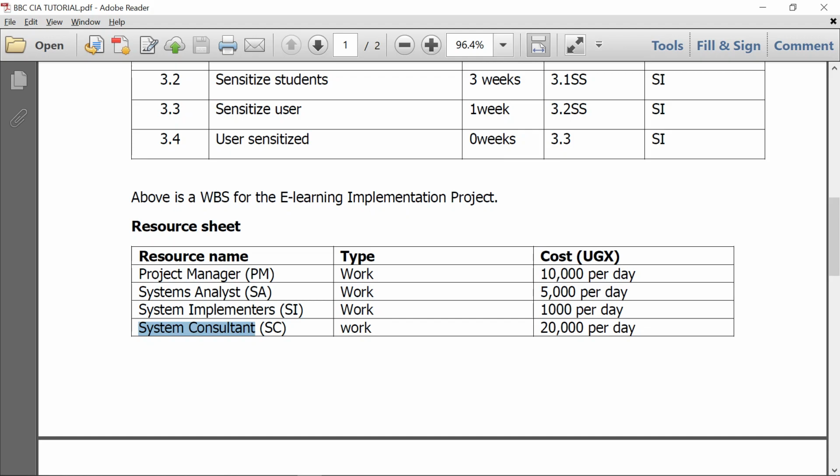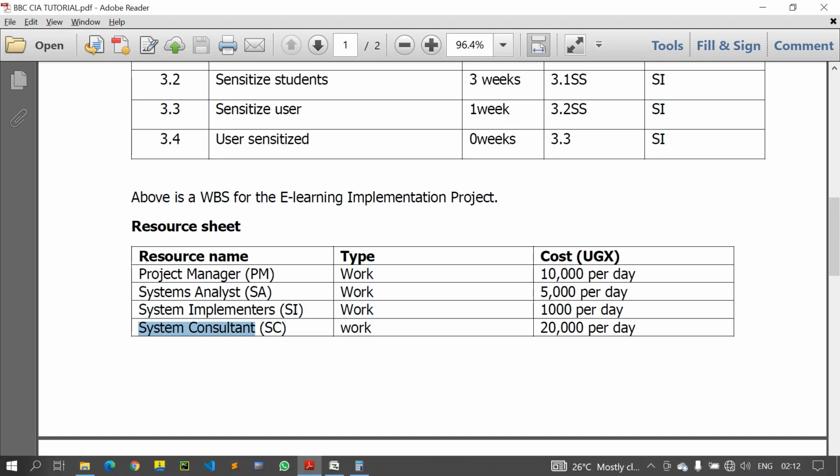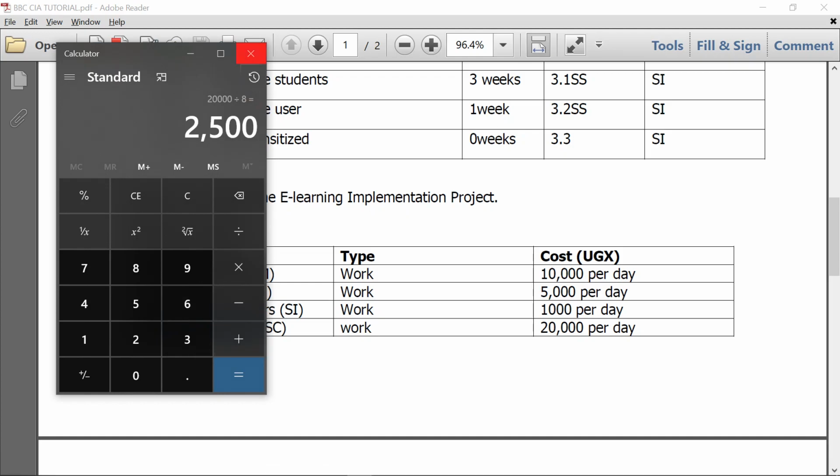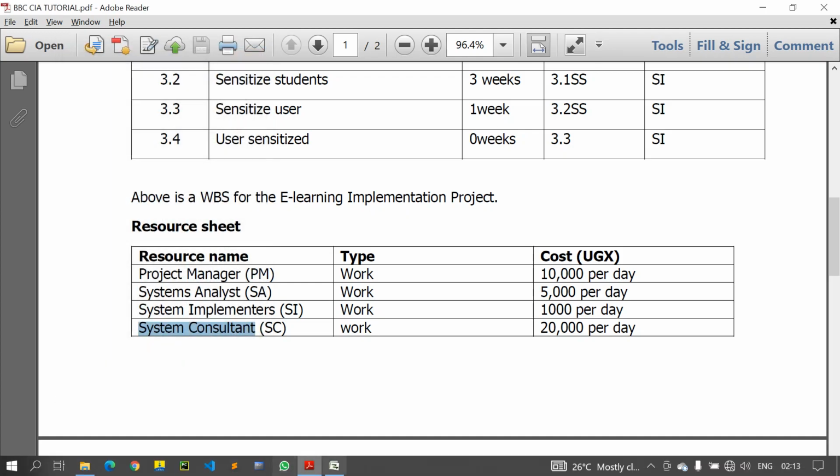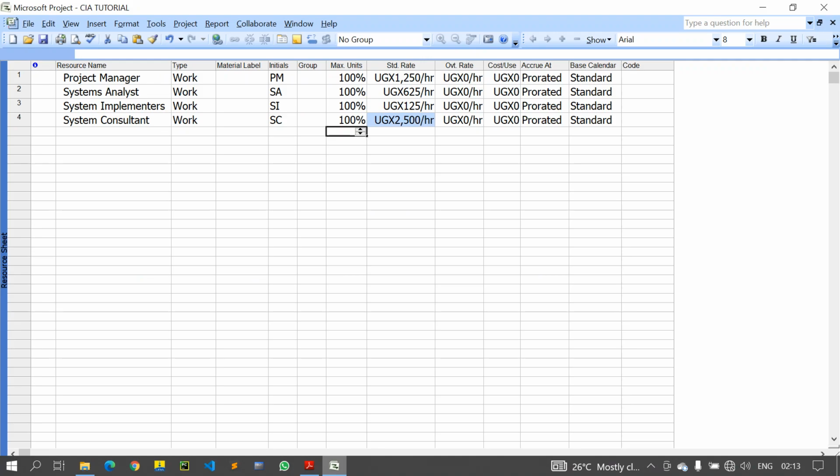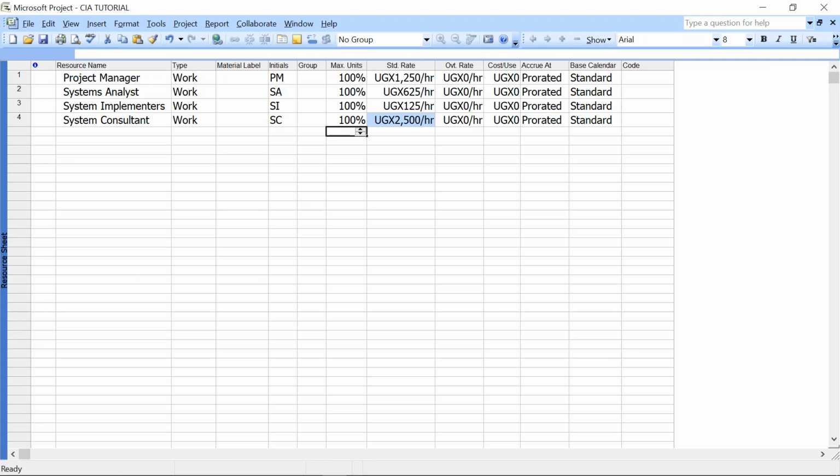They want you to know that they are paying them per day. They are getting their cost per day. So you should find their cost, how much they should be paid per hour. Because that's what the system understands. Okay, such a rigid 2007, but 2003 would change. So once that's done,